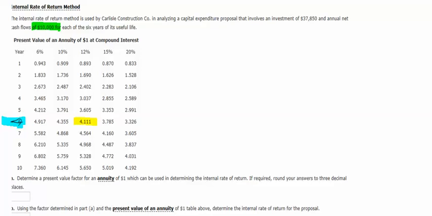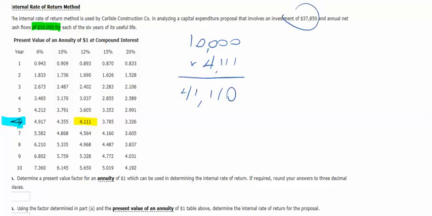I already know the answer because I can just eyeball it, but in your case you may not be able to. So I'm going to take the 4.111. I'll take the 10,000 times 4.111, and that equals $41,110. Well, that's not going to equal that number. So we'll take the next one over,